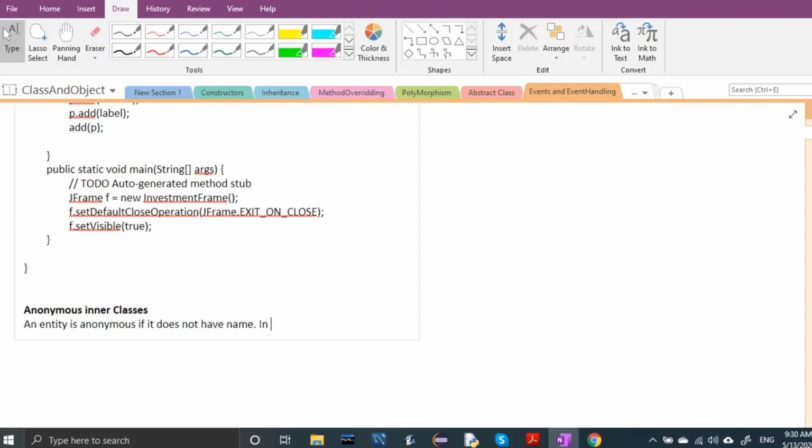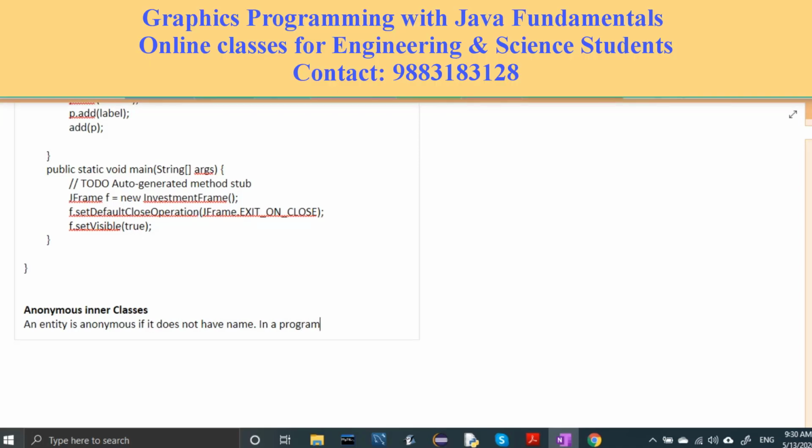So in a program, this is basically a skill. It's not compulsory you have to do it, but it is a skill which is very important, right? So in a program, something that is only used once doesn't need a name.